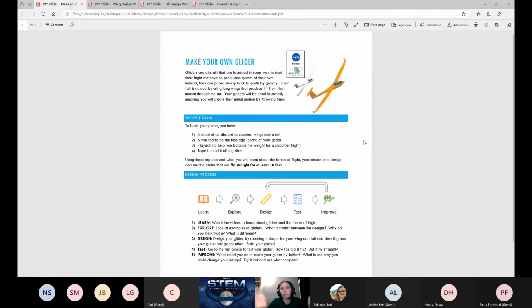And then I just show them the design process. So they do the learn and explore. And then when we get to the design, I have a series of worksheets that I've been working on developing to help them sort of structure their design a little bit and kind of handhold them on their way through so they're not completely lost in space. And I've geared these towards trying to tie into some of the topics that I know are covered in upper elementary math. So things like ratios and area,